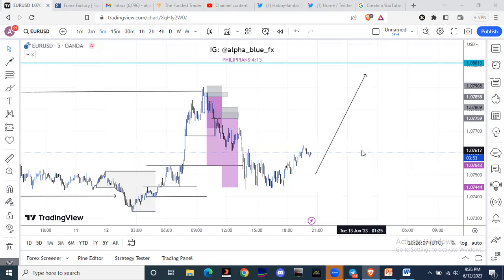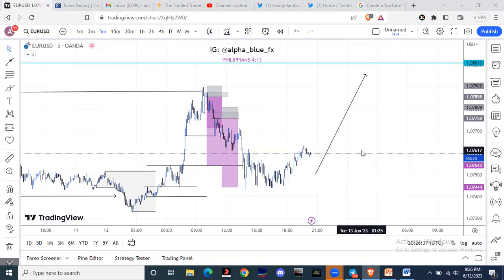in a particular trade. There are a lot of forex calculators, position size calculators, that will help you do that. For example, if you're trading a $10,000 account, 1% of $10,000 is $100. If you're trading a $300,000 account, 1% of $300,000 is $3,000. So if you want to be risking only 1% per trade, what it means is that for every trade you take, you're not going to lose more than $100.